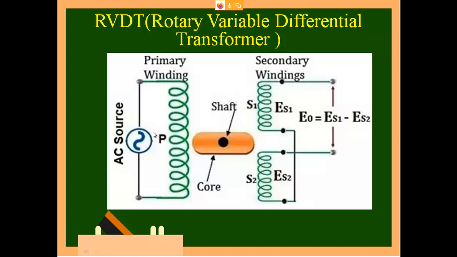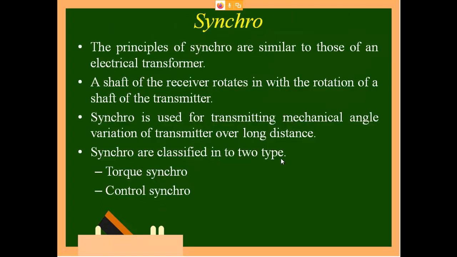You can see there is a primary, there is a secondary, with an equal number of turns, connected in series. All that concept is the same. Only thing here, the core is going to rotate. So from this position, if it moves up or down, when it moves up, this coil gets more energized. When it moves down, this coil gets energized. So that is the fashion in which I am going to identify the rotation.